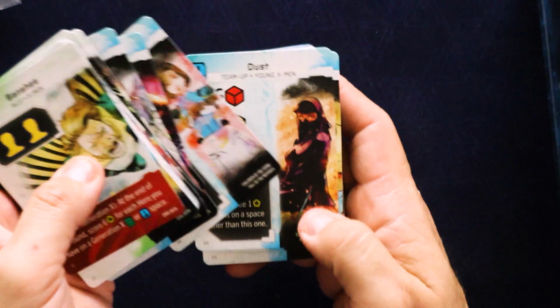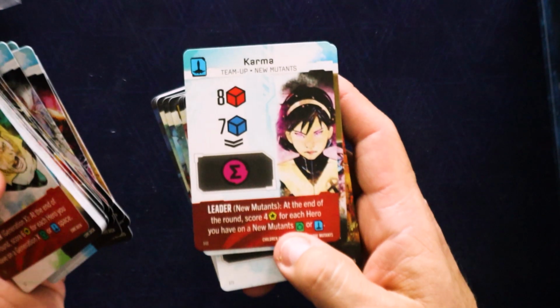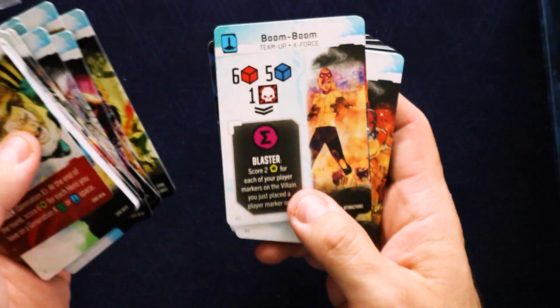Armor. I'm not familiar with Armor. Dust, Ink. There's a lot of these I don't know anymore. Karma, I know her. M. I liked M a lot. Magma, Boom Boom,